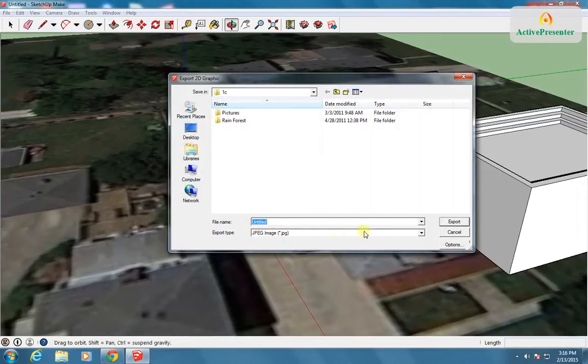Once you have completed this, and make sure of course that you give a good file name to it, I'll call this one Willis